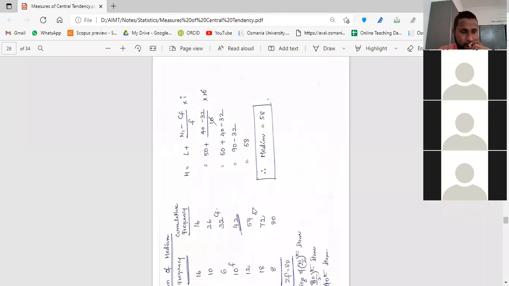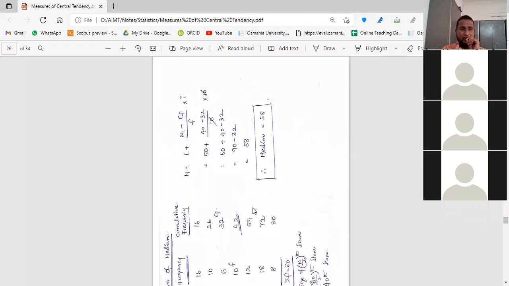Any more doubts? Sir, can you just give us how the paper pattern will be? If online classes continue, then you have a corona pattern. The exam will be for 2 hours only. Part A, you will have 5 questions. You need to answer 4. 4 into 5, 20 marks. Part B, you have 10 questions. You have to answer 4 only. 4 into 15, 60 marks. So 60 plus 20, 80 marks. This is the corona pattern, if online classes continue.